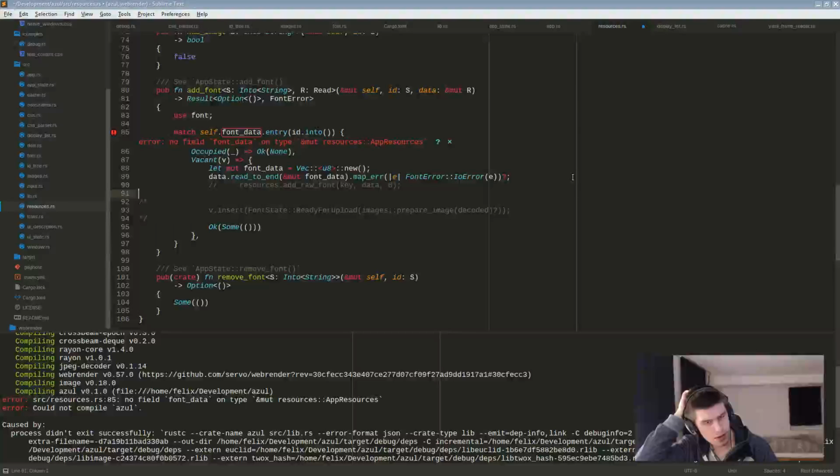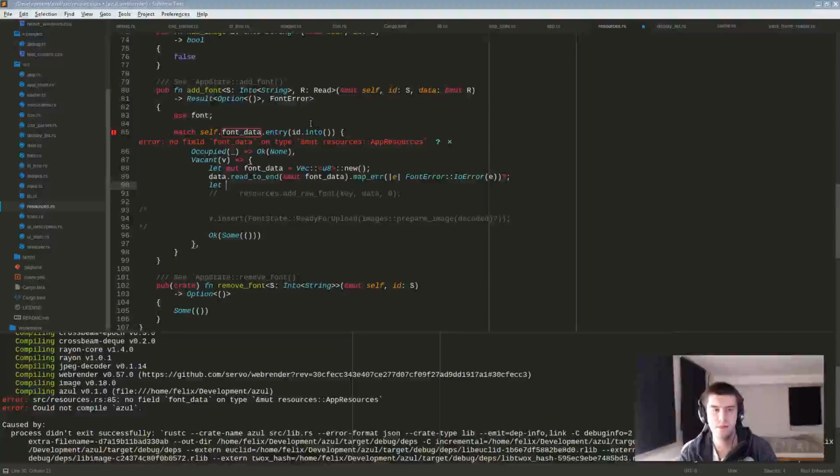So this is add raw font. So we can say, okay, read to end. Then we can say let parsed font equals font